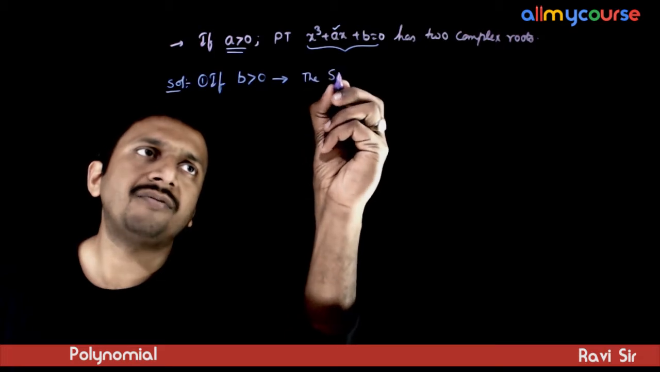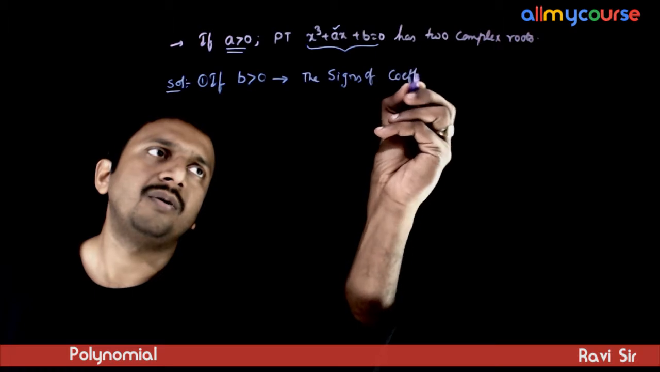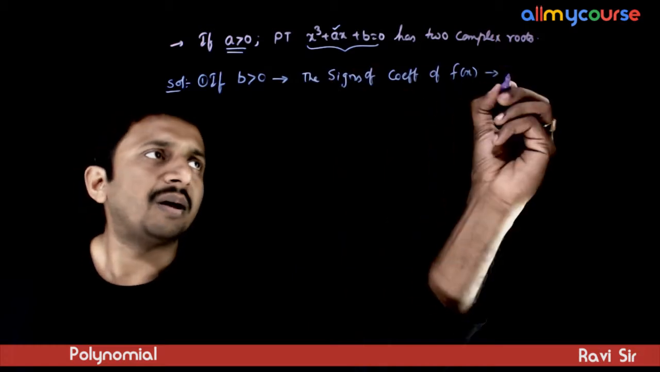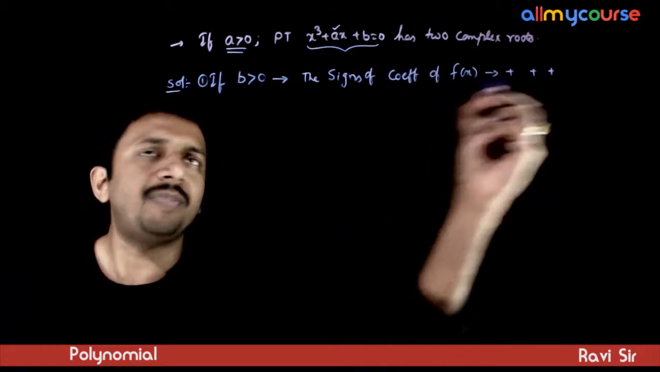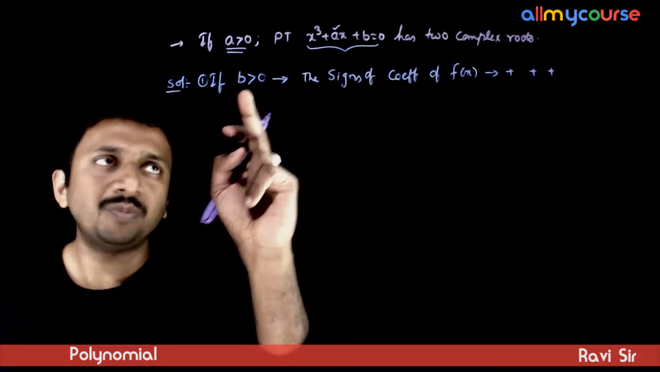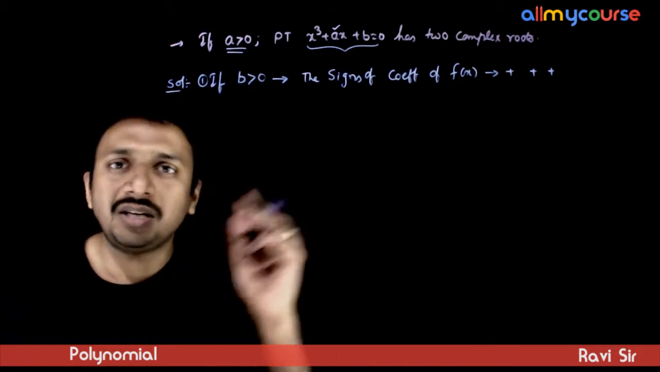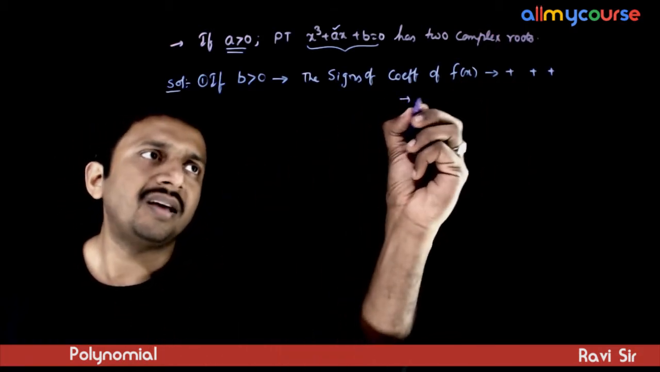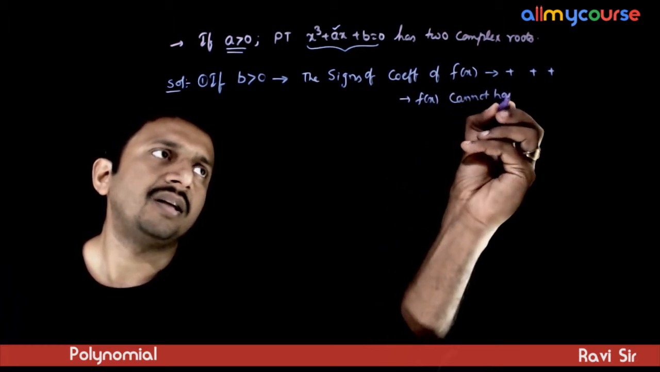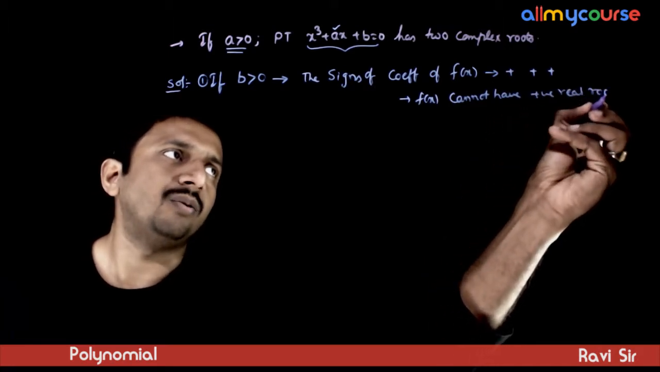the signs of coefficients of f of x is nothing but plus, plus and plus, because 1 is positive, A is positive, and we have assumed that B is positive. So plus, plus and plus. There are no change of signs. Hence, f of x cannot have positive real roots,